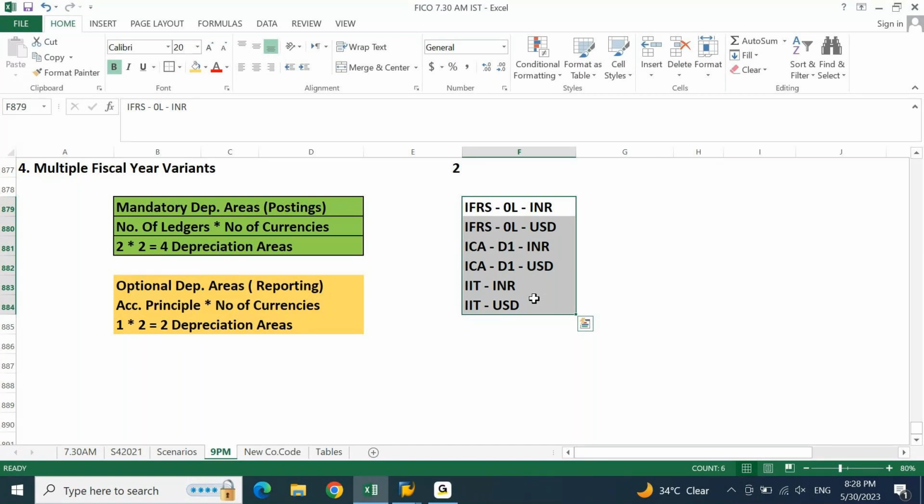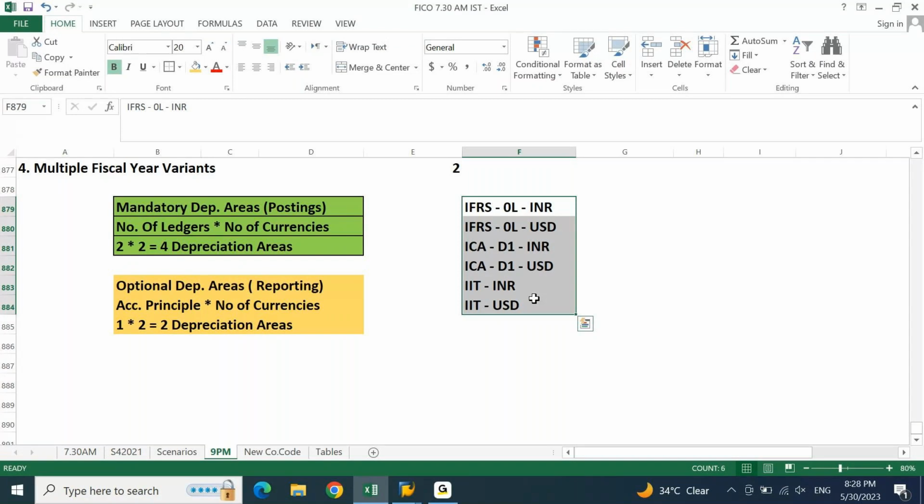Sir, I'm having one doubt. As you said, accounting principle is represented by ledger. Why are we not having a ledger in the optional depreciation according to the Indian Income Tax Act? Why is a ledger not represented? For the Indian Income Tax Act, there is no financial reporting, there is no external reporting. Right? You're not going to prepare reports like TB, P&L, balance sheet for your Income Tax Act.